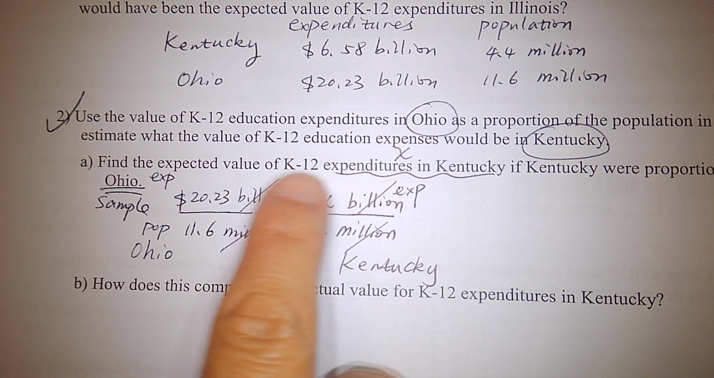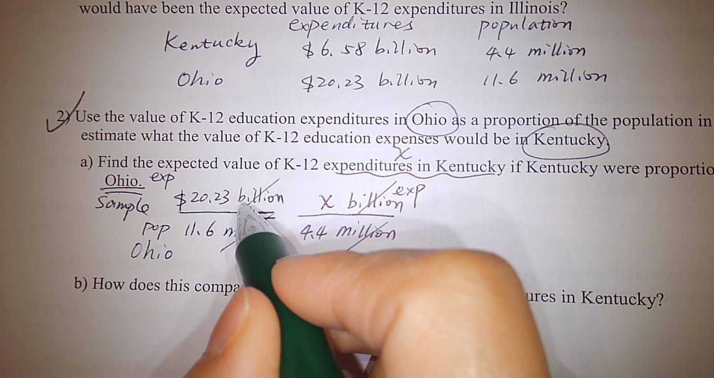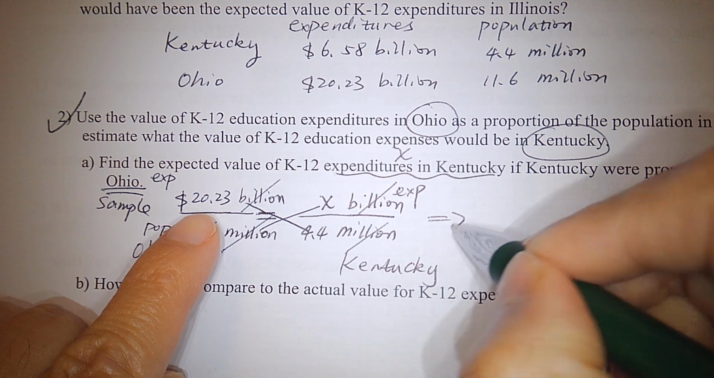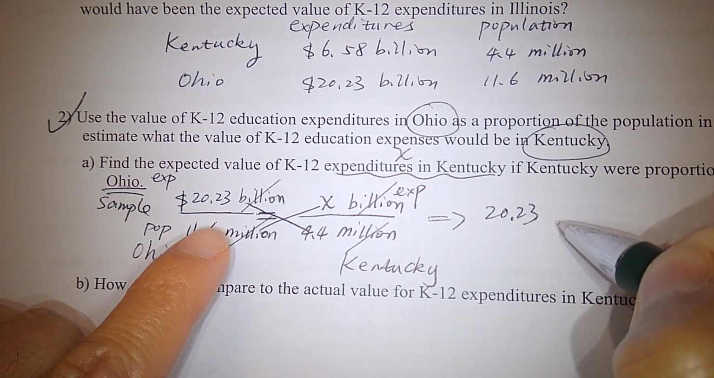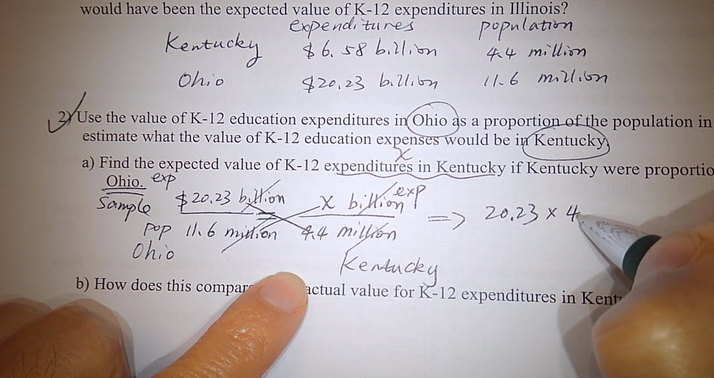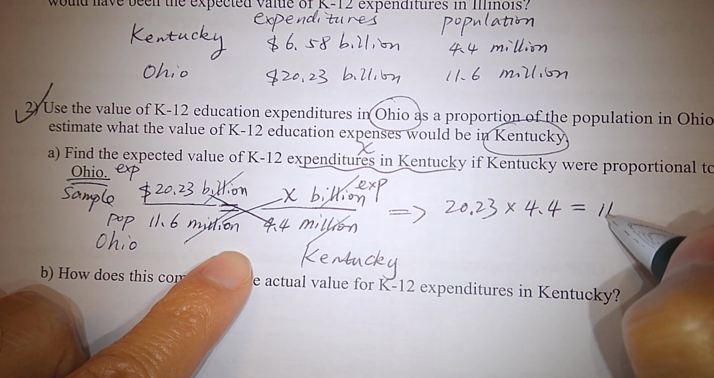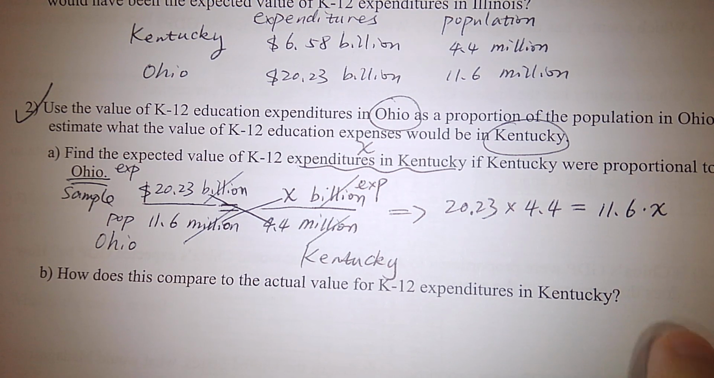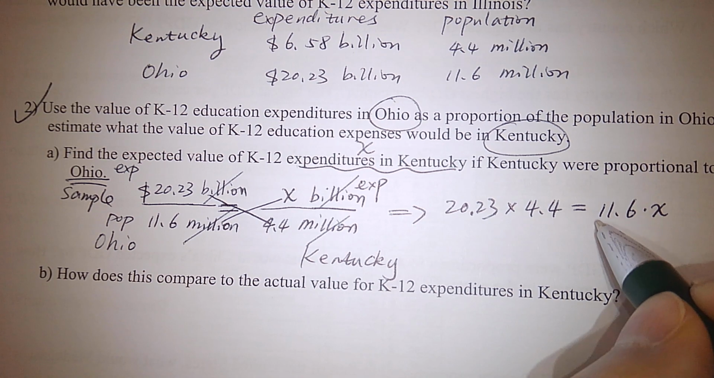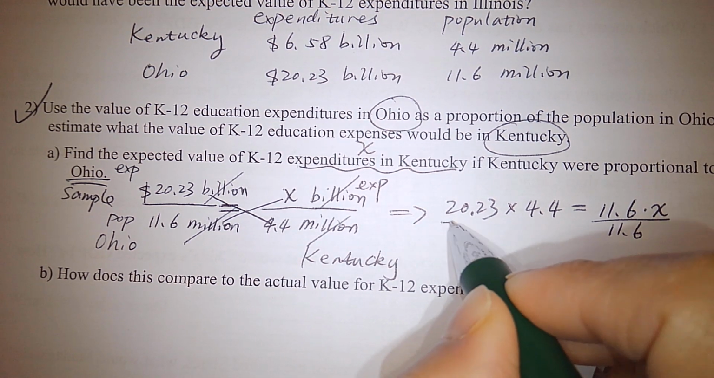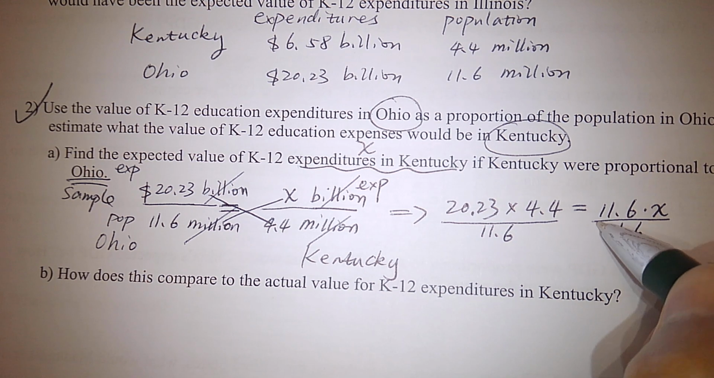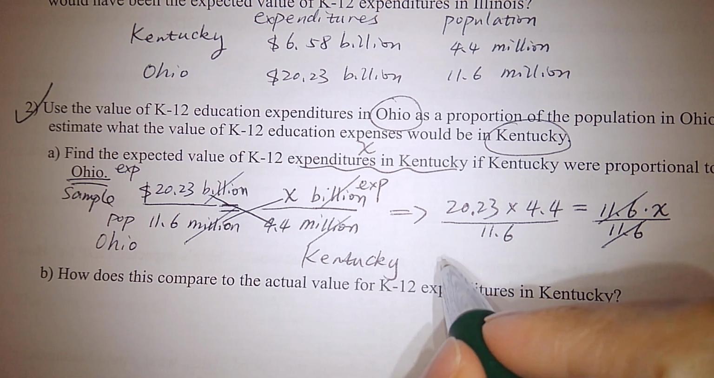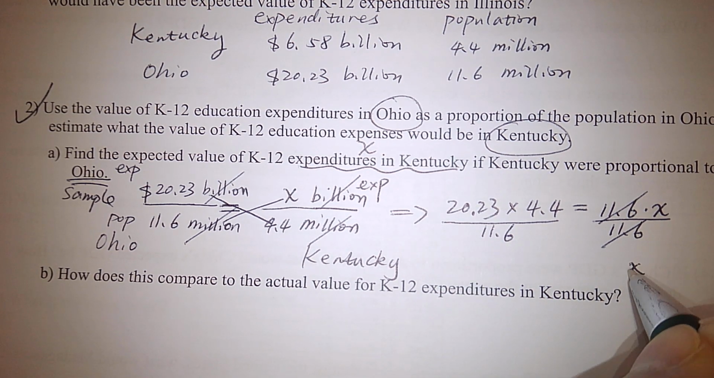Now once we have the proportion, how can we solve for X? Same thing, cross multiplying. So we will have 20.23 times 4.4 equals 11.6 times X. In order to isolate X, we divide by 11.6 from both sides. Use your calculator and give us an answer. So X equals